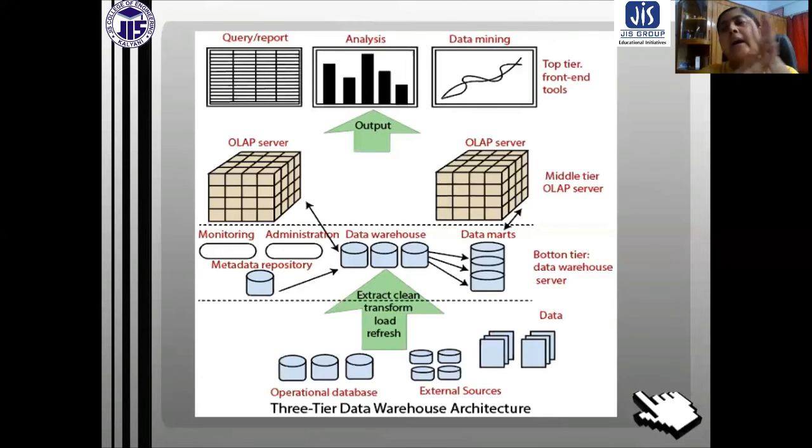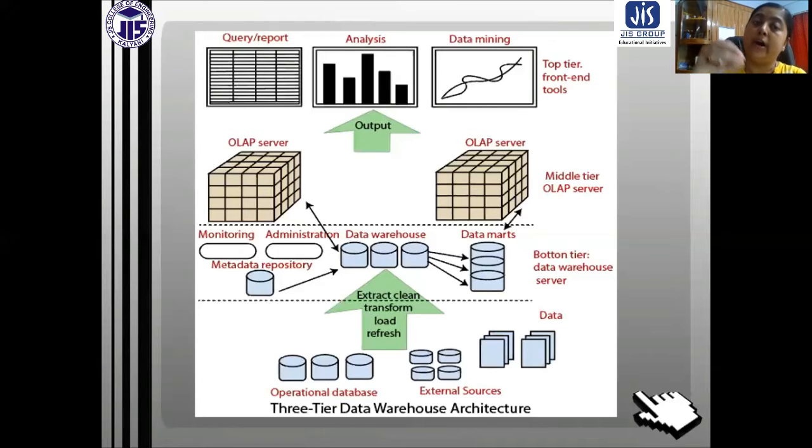And then the output again can be applied in some data mining. Data mining is another thing that we are going to discuss later. Basically it is going to mine that data. Mine means we are going to search something in that. There are different data mining algorithms we will discuss later.